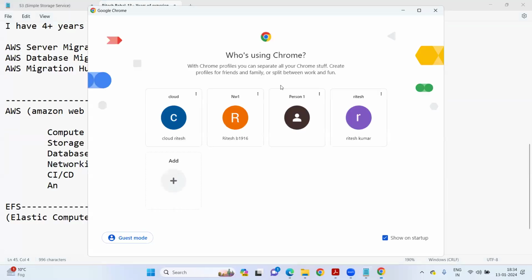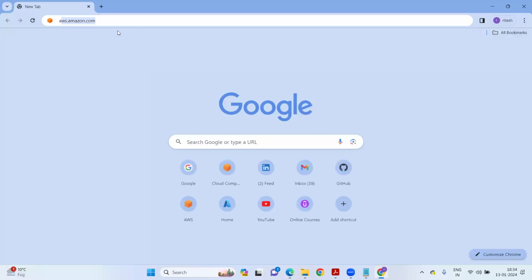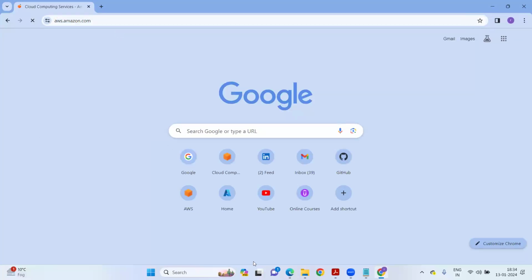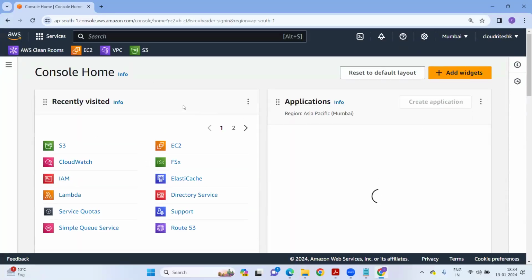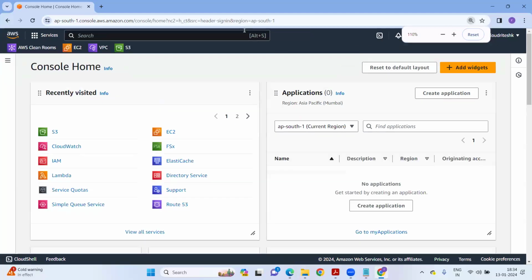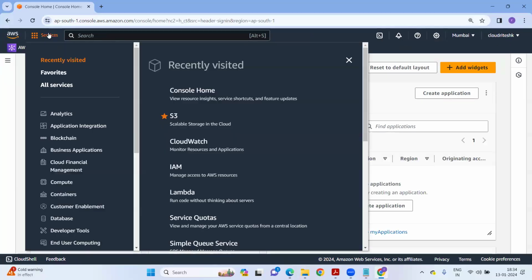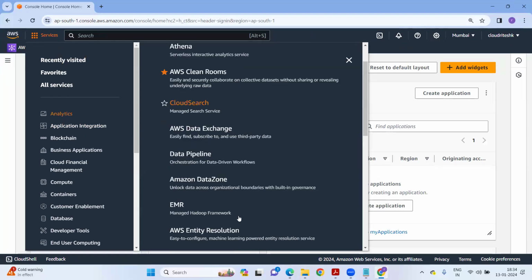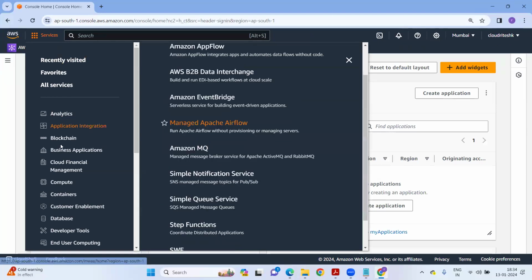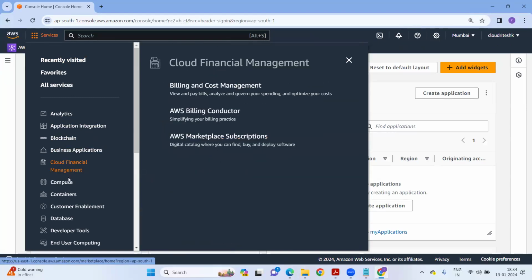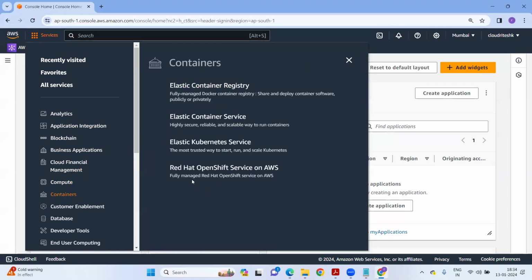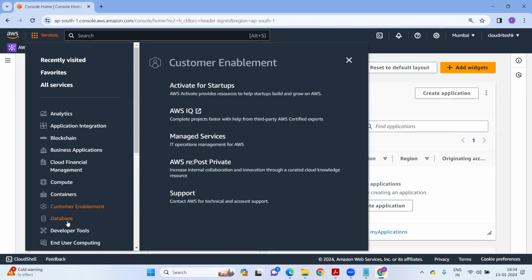How can you see those services? Let me show you. I'm going to my AWS account. Let me log into my AWS account. And here, this is the interface. On this interface, you can see these services. Once I click on these services, you can see these are analytics services. These are application integration services, blockchain related services, business applications, cloud financial management, compute services, container services, customer enablement services,